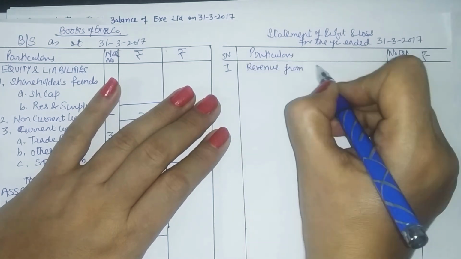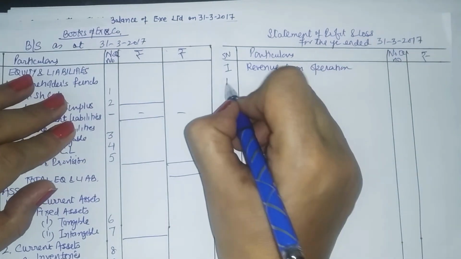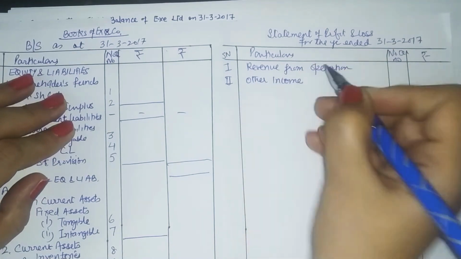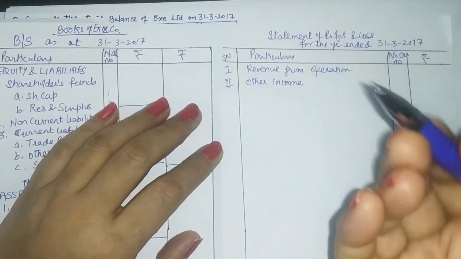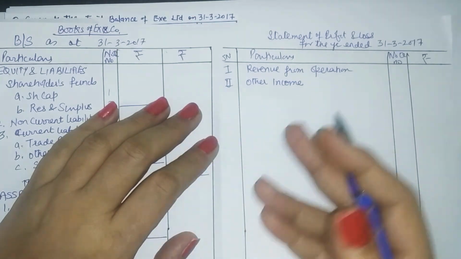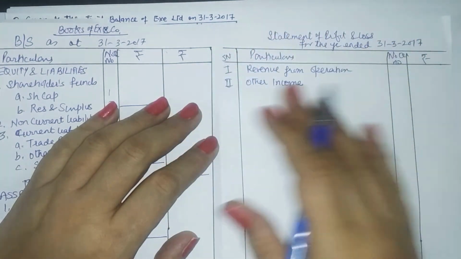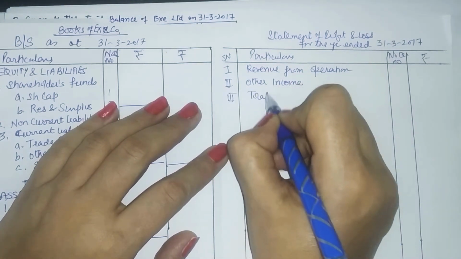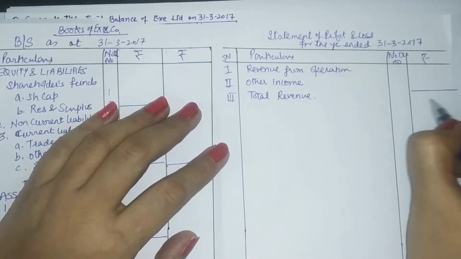That means revenue from sale of goods and services. Then you have other income, like the company may be receiving in the form of incomes like interest received, dividend received, rent received, discount received, commission received. These are all your other income. These are not from operation. Your main operation is sale of goods and services. So other income will be recorded here. So that will give you total revenue. Okay. So this is just the total.